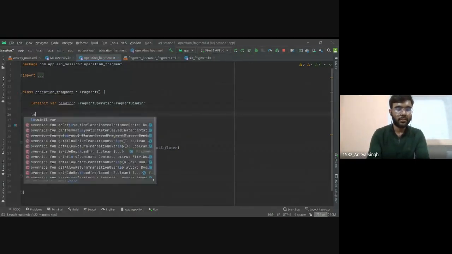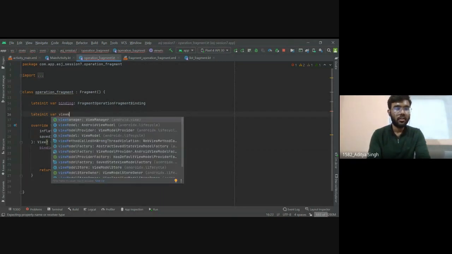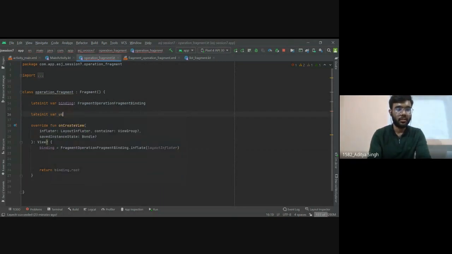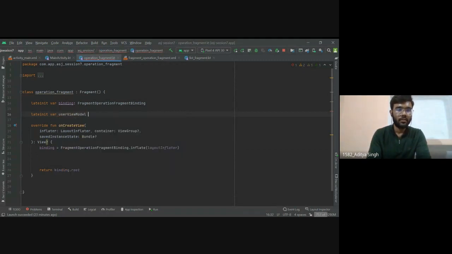So let's do that as well. lateinit var userViewModel, type UserViewModel. Okay, and now we will initialize this user view model.